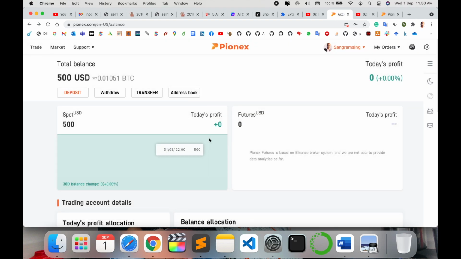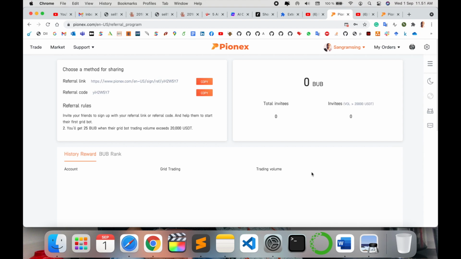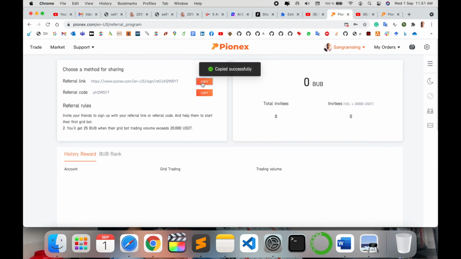Now I invest some of this balance and do some other tasks. So here in the last option, if you are creating your account, you send the referral key of your friend. Here is the option, your profile and referral program, and you copy this link and then share it with your friends. It's quite simple, and total invitations are displayed here, and how much you earn using those invitations.